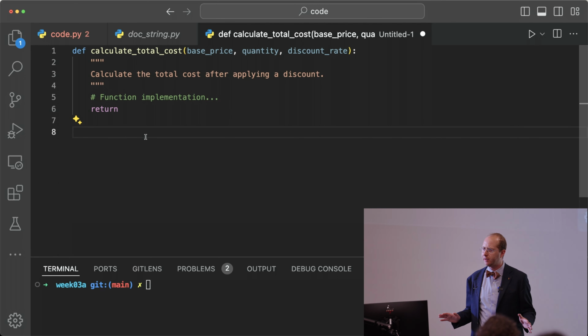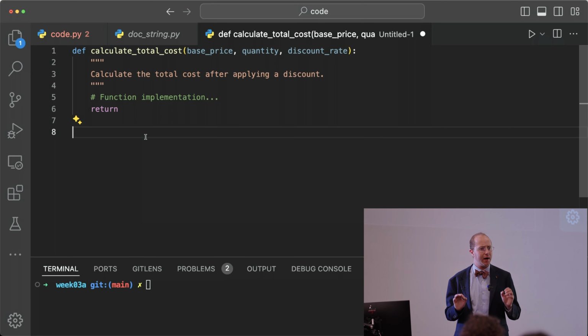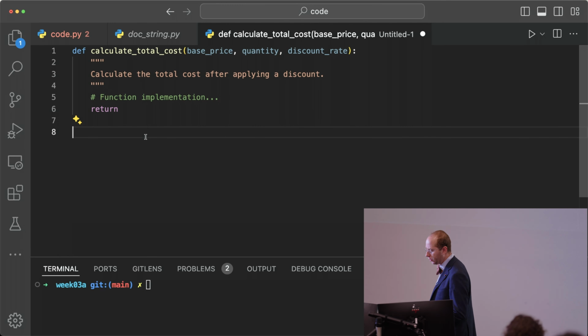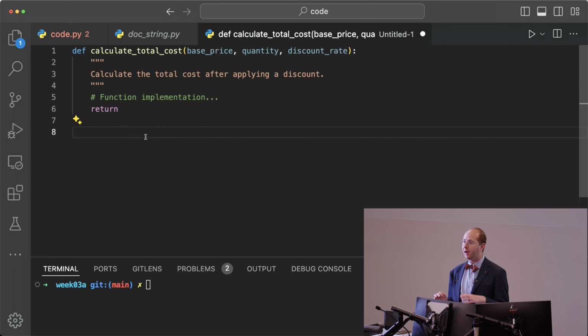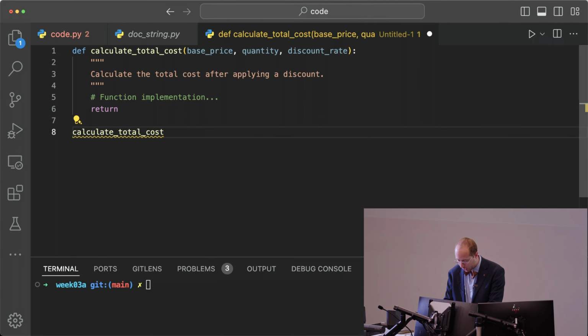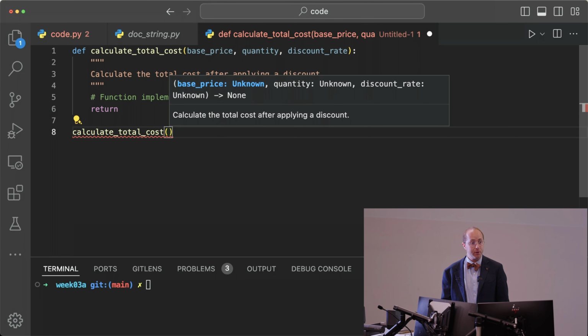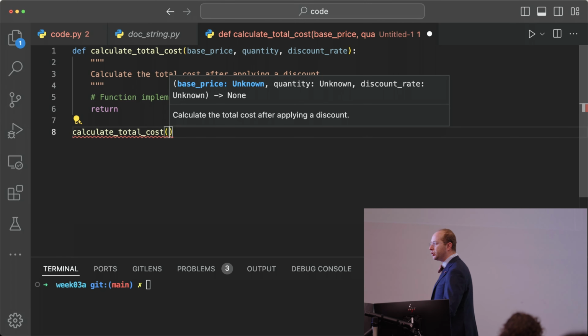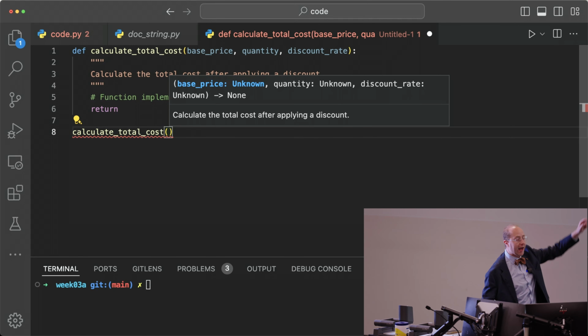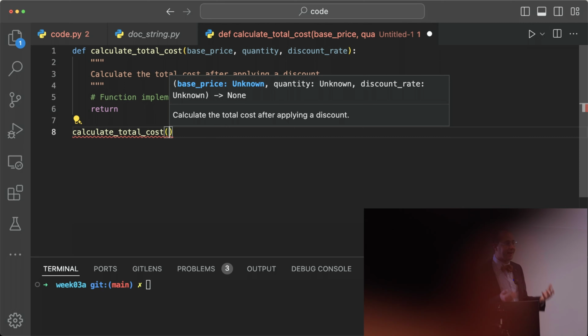Now, what I've left out here is the actual details of the function, because right now we're just concerned about seeing how to use the docstrings. So now in my IDE, and IDE stands for Integrated Development Environment. It's a program that you can use to type your text to write other programs. I'm going to type in calculate total cost. And then when I open my parentheses, because this is a program that's expecting us to be writing code, it knows intelligently to read the docstring and actually bring that up as a suggestion or as an explanation for the